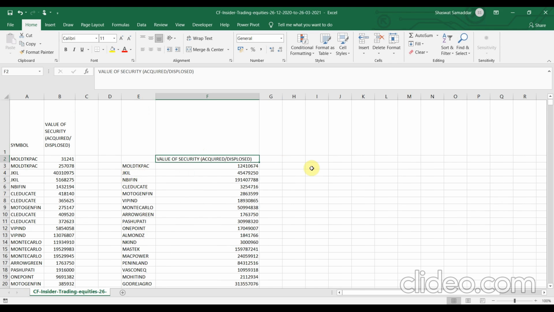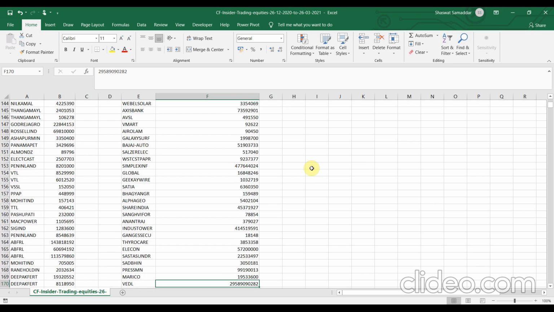Okay. Now once we have done that, let me tell you one filter which I would apply. Now I want the names of only those symbols or only those stocks for which the value of security is greater than or equal to 1 crore. Now, this lower bound could be changed according to you. Like you can keep the lower bound to be 80 lakhs, 90 lakhs, or maybe say 3 crore, 4 crore, or whatever number you feel comfortable with. But we will be sticking to our rules, and I will keep the lower bound as 1 crore rupees.